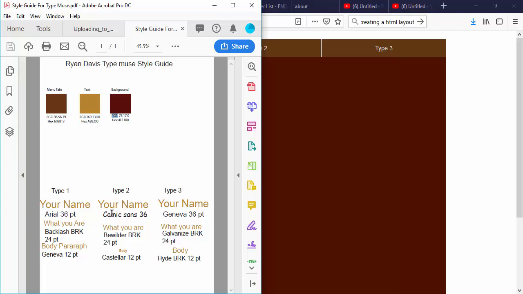So when you choose your font that you're going to be working with, down here at the bottom where it says your name and so forth, change it to actually be Comic Sans 36 points, Geneva 36 points. So when I look at this, it looks like the same font. So when you're using a style guide, I should have an idea what the body text is going to look like. So one of the things I suggest looking for is just go out and type in web style guide,